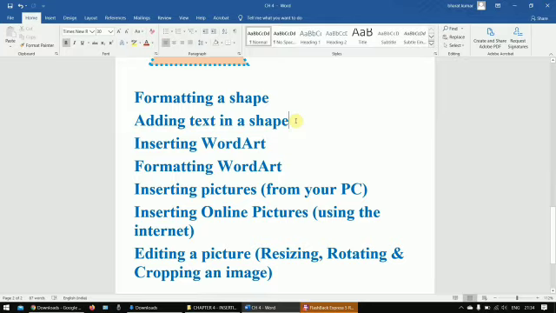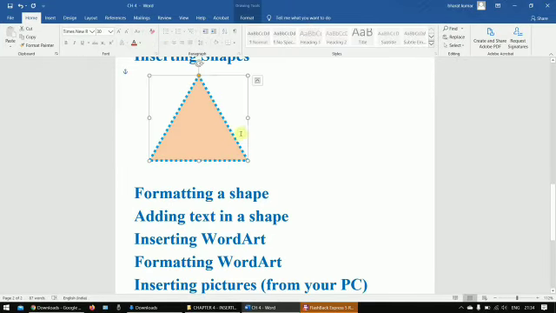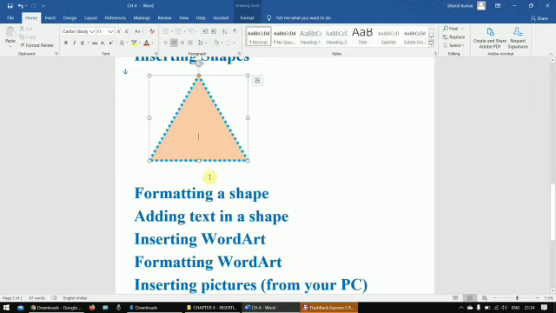So well, student, I hope all of you know. If you want to add text in your shape, you can. To add your text in your shape, you can use the add text option.